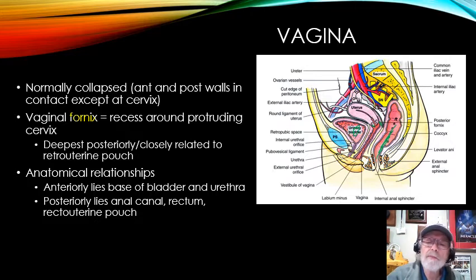One other thing I should point out to you in this particular image, which I think is quite important, is this area right here. I'm drawing it in right there. And that little area is called the cul-de-sac. It's also called the recto-uterine pouch, because it's a little pouch that sits in the peritoneal space. It's inside the peritoneum, inside the abdominal cavity.